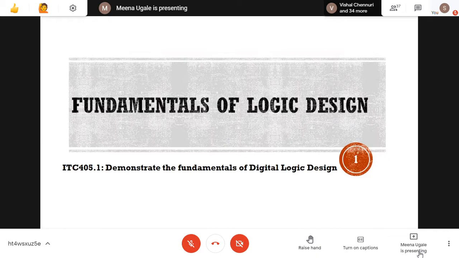As I told you in the last lecture, digital logic design was a separate subject in your third semester, and then you used to study COA in fourth semester. But now, with this new syllabus, instead of the whole syllabus of digital logic design, whichever part is necessary to study your COA and microprocessor has been added here in the first chapter.